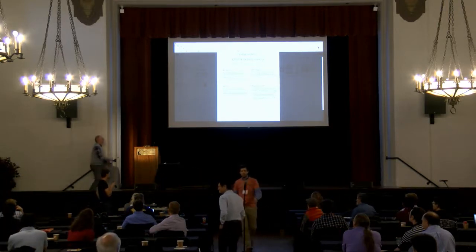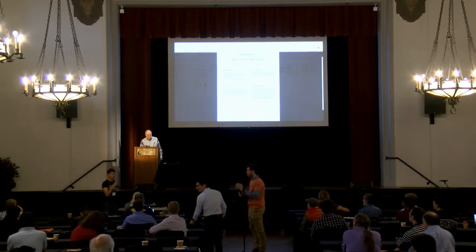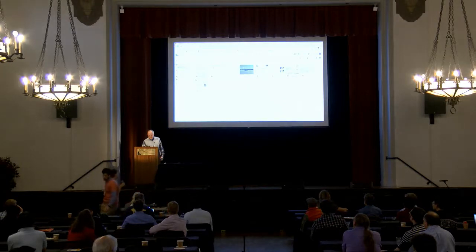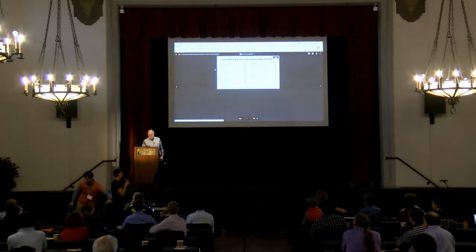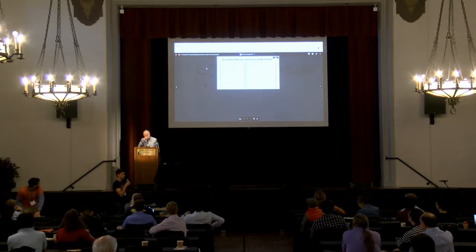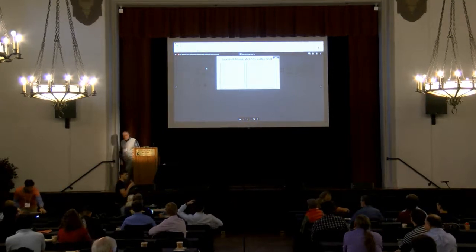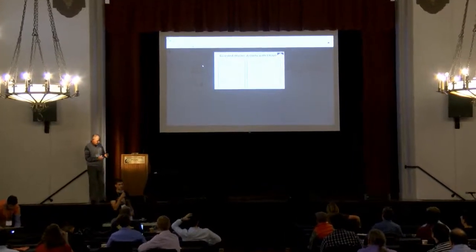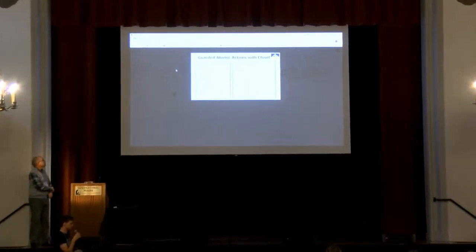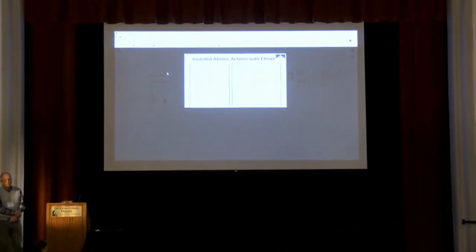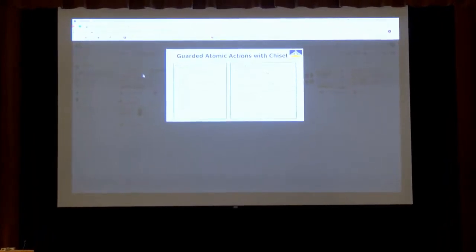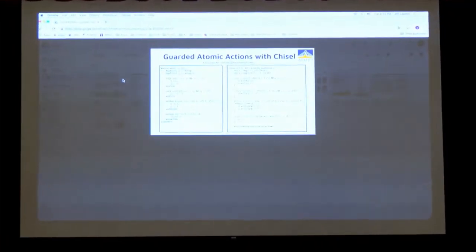So yeah, I'm a student at UC Berkeley. I'm working on programming languages and hardware. And I had this little project where I was trying to understand how guarded atomic actions work. Guarded atomic actions are an abstraction for RTL design that was developed at MIT in the early 2000s. And what I did is I have a prototype implementation that is built on top of Chisel, and it allows you to